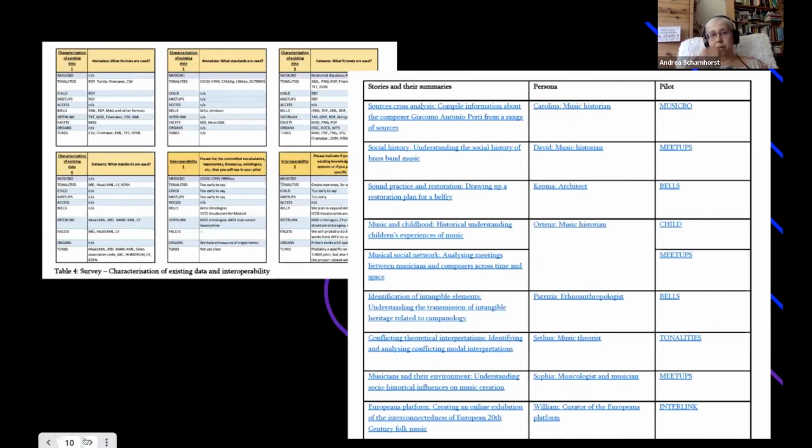We also used quite mundane tables and color coding, and we tried to align them across the information needed for the design of the portal, the information needed for the research data management plan, and the information needed to bring all the ontologies together. And this one just lists the stories and the personas and which pilot is connected to them, and they all live happily in GitHub,